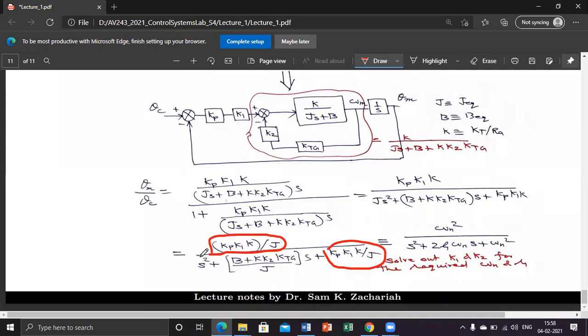As I mentioned, this is a 2 degree of freedom control structure, and hence you can arbitrarily fix two closed loop parameters, that is natural frequency and damping factor. You can give arbitrary values, and that can be realized through the corresponding values of K1 and K2. So this is the simplest control structure, and from a design point of view also there is no complication. It is an algebraic approach for designing closed loop control, and this is what you are going to do in your lab class. So the lecture for the first portion is over.